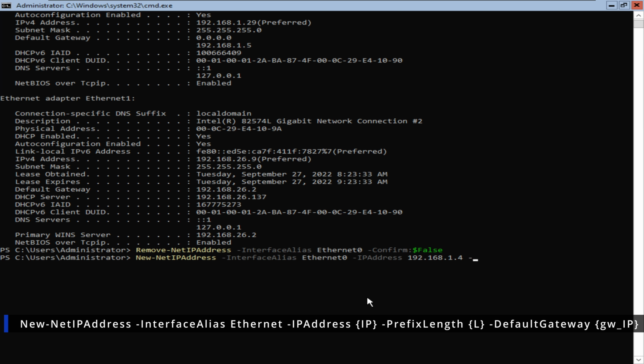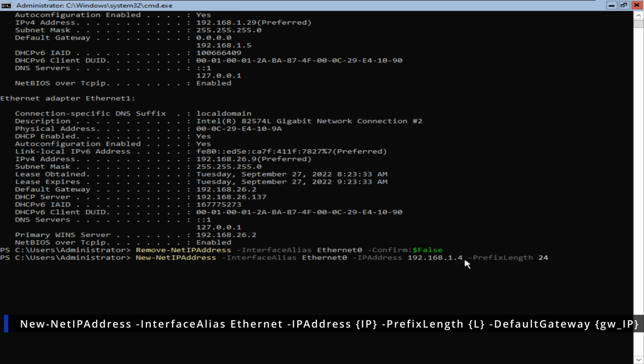So the prefix length is basically 255.255.255.0, but we're going to use the CIDR notation that's going to be /24 for this situation. So it's going to go -PrefixLength 24, which would be 255.255.255.0. And if you don't know what CIDR notations and prefix lengths are, I have already done several comprehensive lectures on this under CCNA. So if you're interested in that, go ahead and watch my CCNA lectures. And for now, we're just going to put 24 because it's 255.255.255.0 associated with